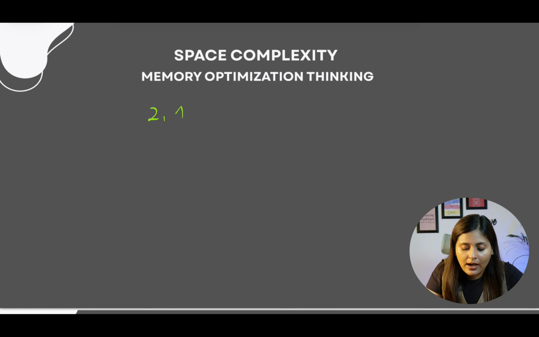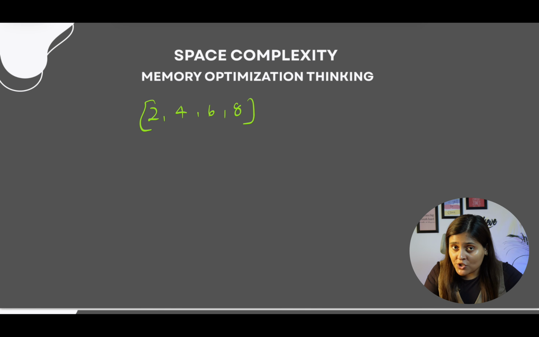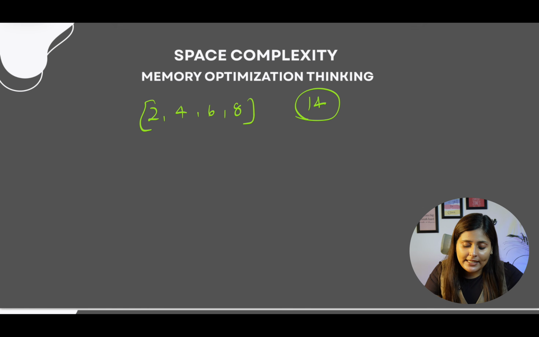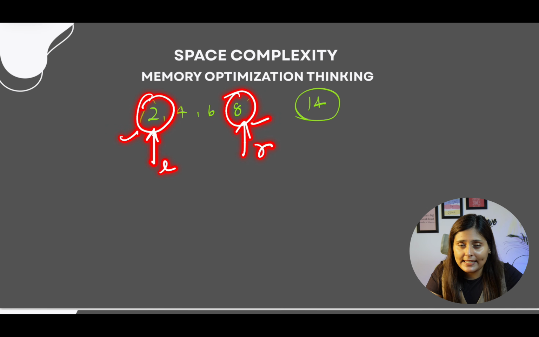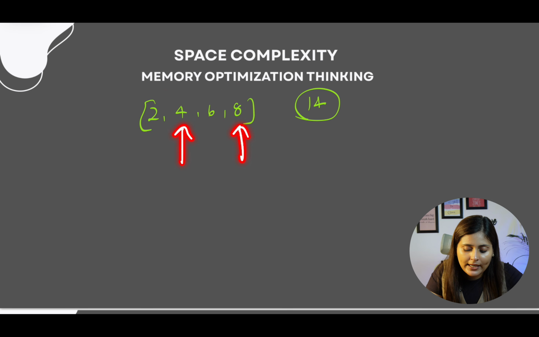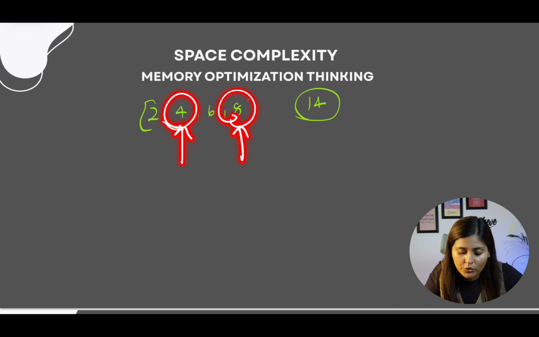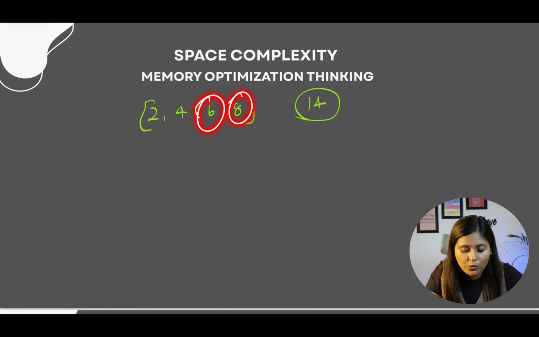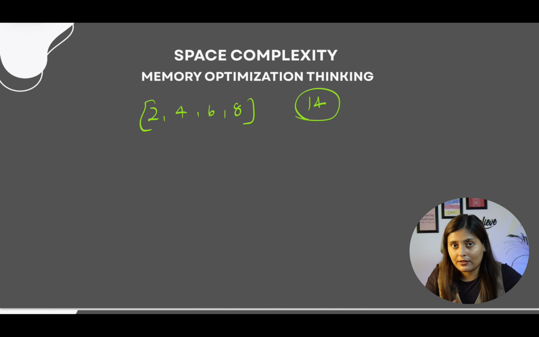Suppose you have been given an array and you have been asked to give me two numbers whose sum adds up to 14. Now definitely if you know the two pointer approach, what will you do? You will start your left pointer from here and right pointer from here. You will add these two numbers, which is 2 plus 8, 10. You need a bigger number, so you will move your left pointer ahead. Now you will come here, again it's 12, you need a bigger number, you will move your left pointer ahead. And now here you matched up. So here the time complexity was O of n, but space complexity you have not taken, right?